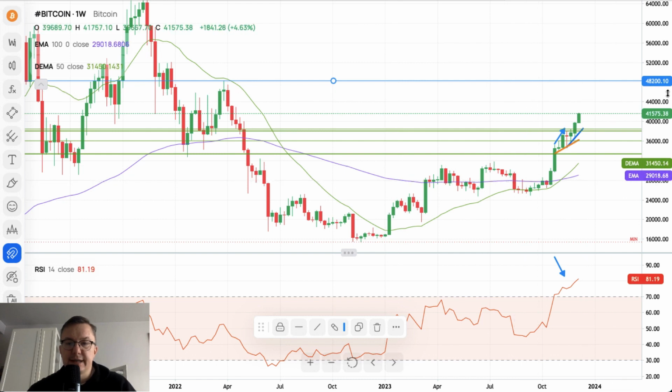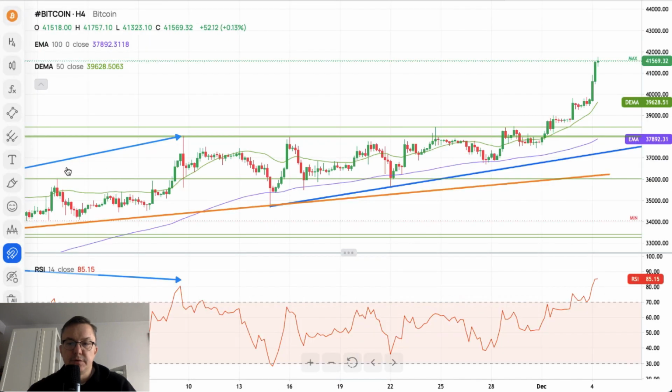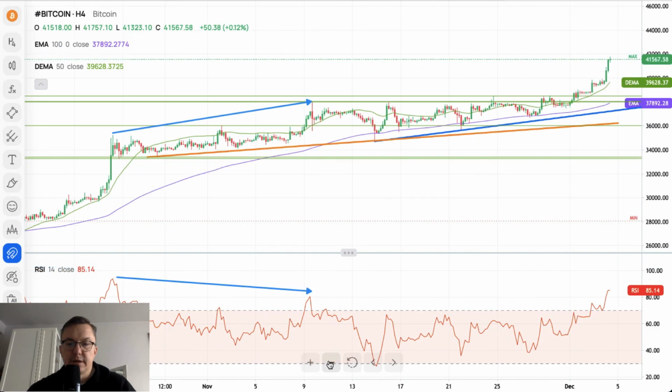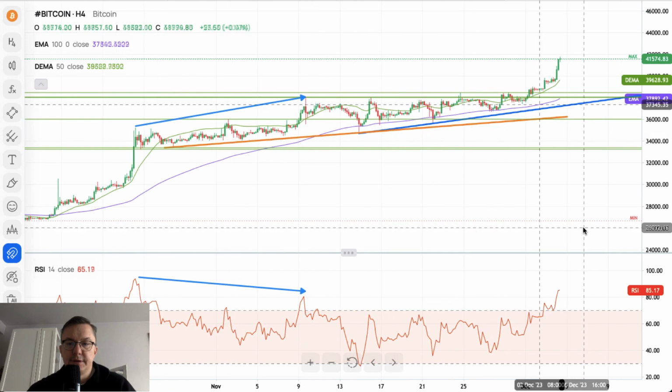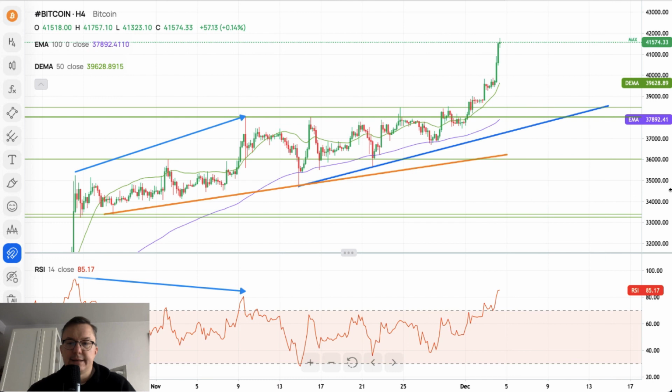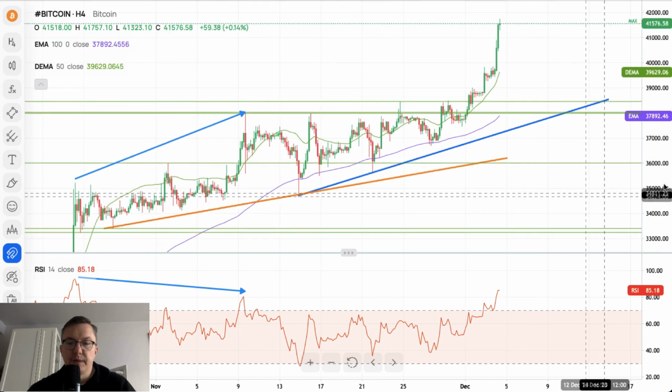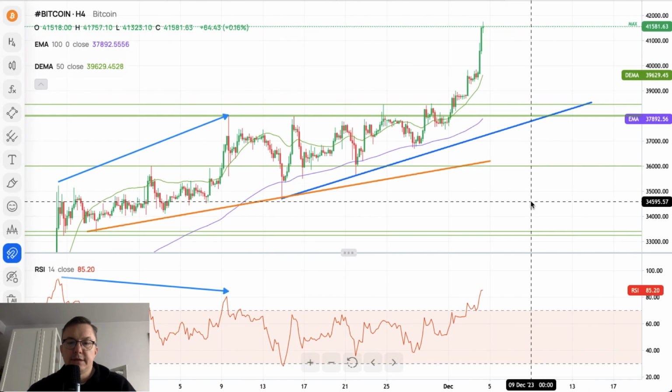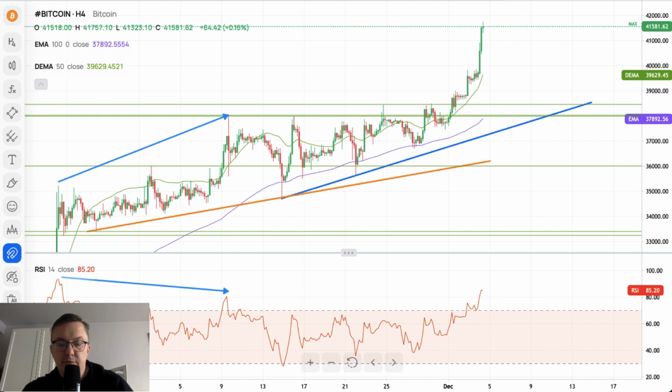48,200 is the next target for bulls. This is the next target for bulls. We of course will see some sort of the ups and downs, and we will see the other pullbacks and the corrections on the road. But if the technical analysis can help here, we can at least provide the target for Bitcoin. $48,200 is the next target.